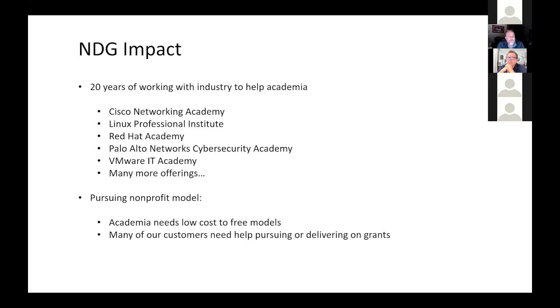Now that we're moving to a model where everybody wants to log in as a service, we believe the best model would be if we could pursue grants just like our partners do, customers, a community college or university, so that we can build some of the things we build and then offer it for free. And I'll have many examples of things we're doing for free to try to make an impact to help beginning learners, community colleges, and university learners.